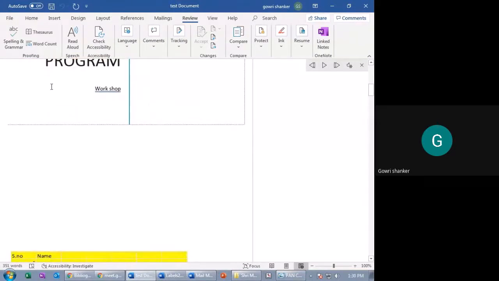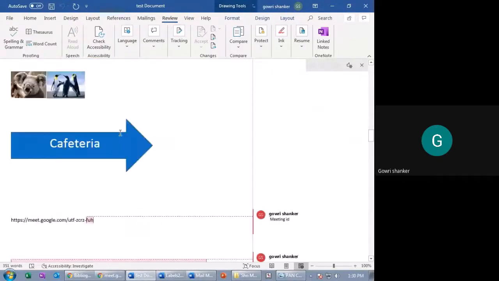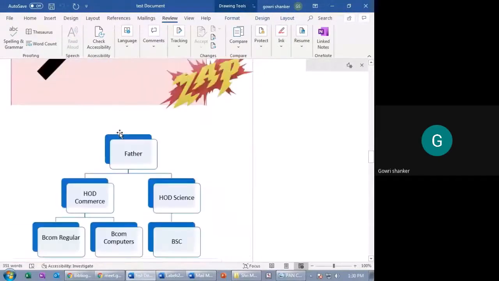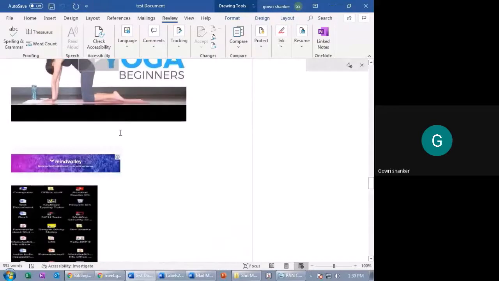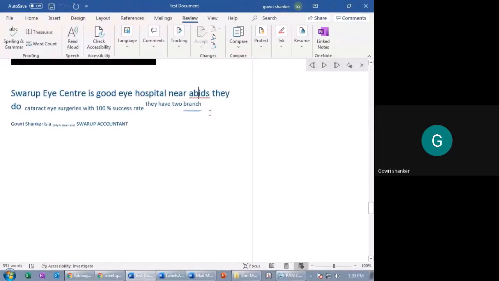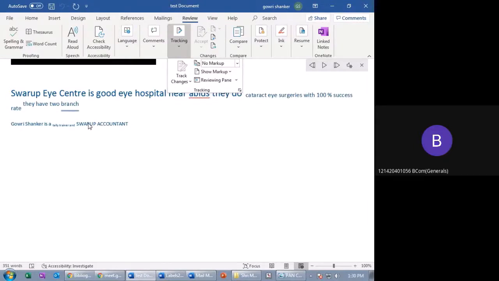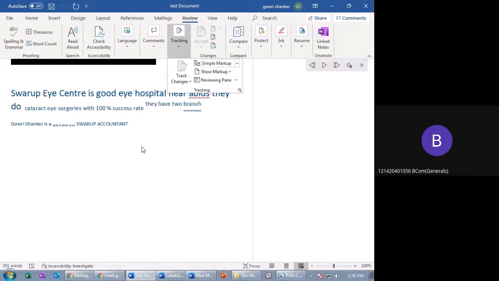See here, it is workshop, underlined with 2 lines. See, this is a markup. Habits is there, no? If I say simple markup, no markups. See, there are no markups. If I say original, if I say simple markup, it comes like this, the marking.